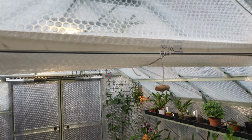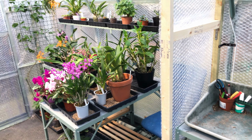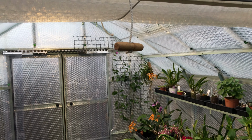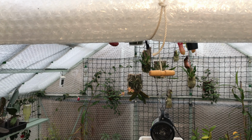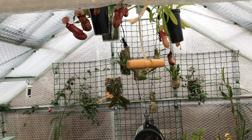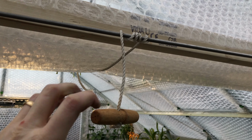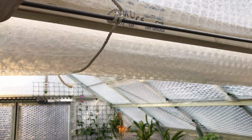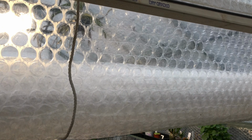So I feel finally I've got something that I've been aiming for probably about 2 years now. It's taken a long time to get here. I will show you with it down so you can see. I'm not very good at knots, but I've just done a reef knot there, but whether that'll hold or not, I don't know. I've just cut this off a pair of long arm loppers. Thought, no, I won't be using that again. So that is just tucked over like that. Like I say, I may come up with a better system than this. And then it just drops